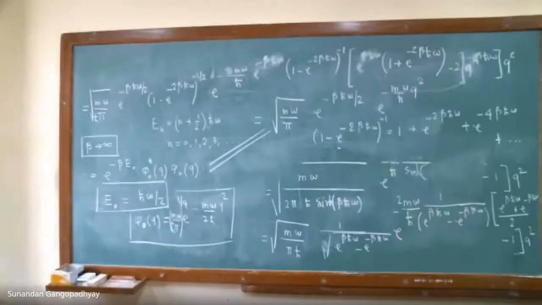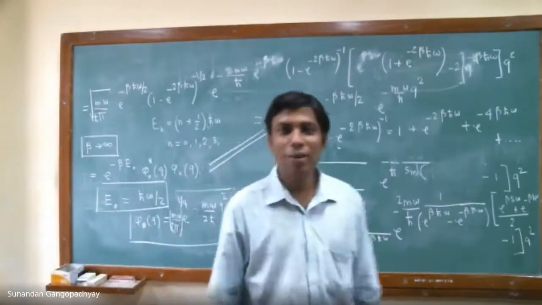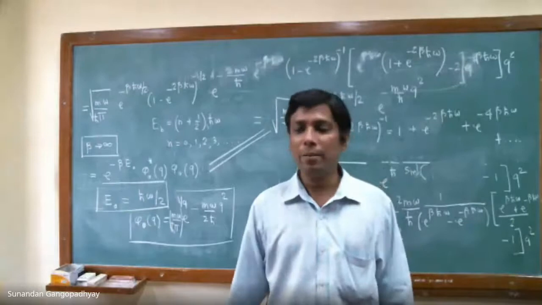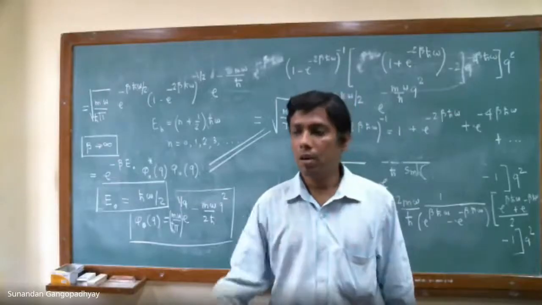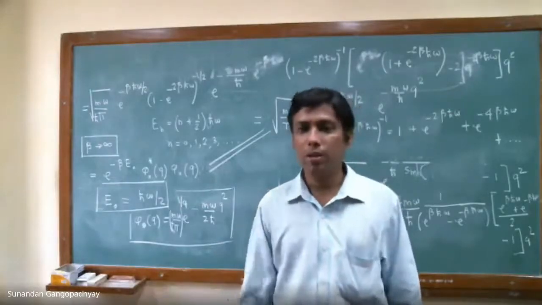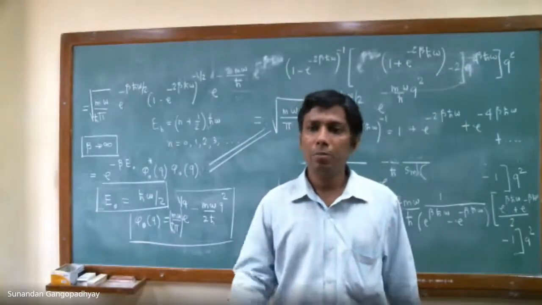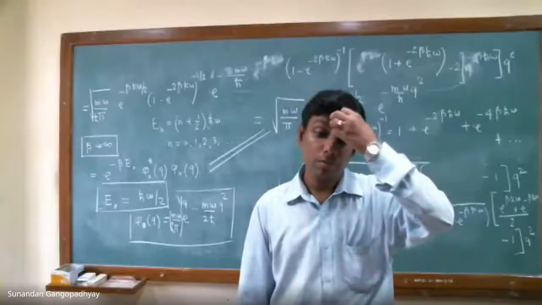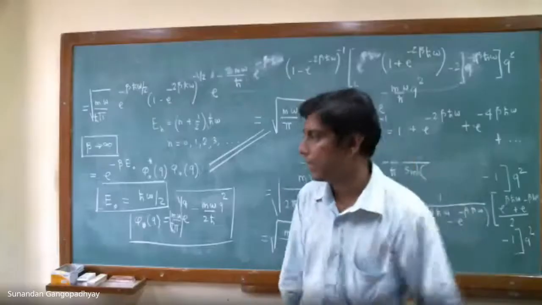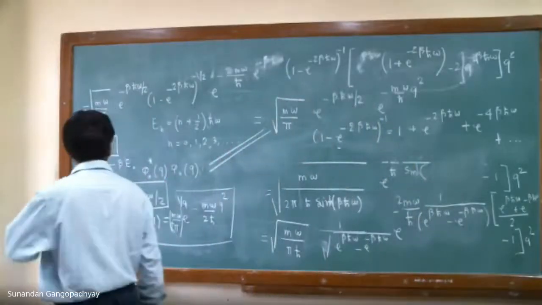Sir, what will be the time limit for that assignment? Infinite time. By infinite time, I mean that you take 2 days or 3 days, whatever. So if I send it to you on, say, 28th October, then by 30th October you take 2 days time and send it back to me. Is it okay for you? Yes, sir. So it is just an assignment. I will give you an assignment and you try to do that assignment.